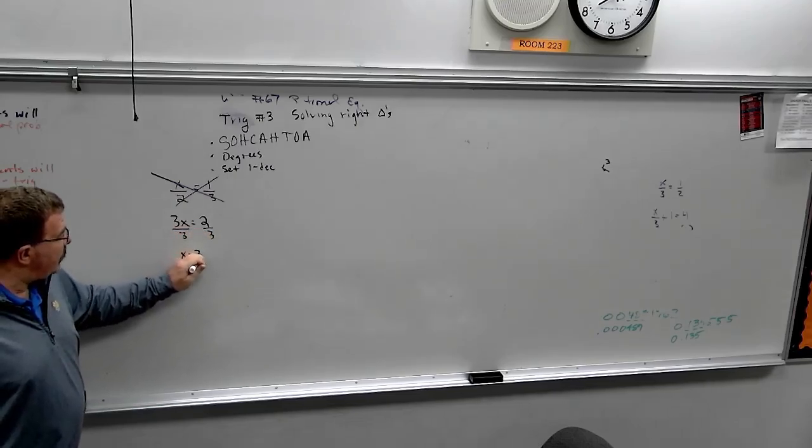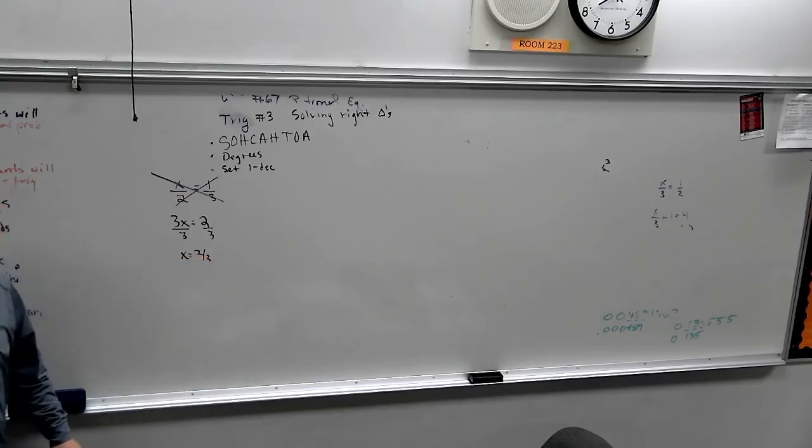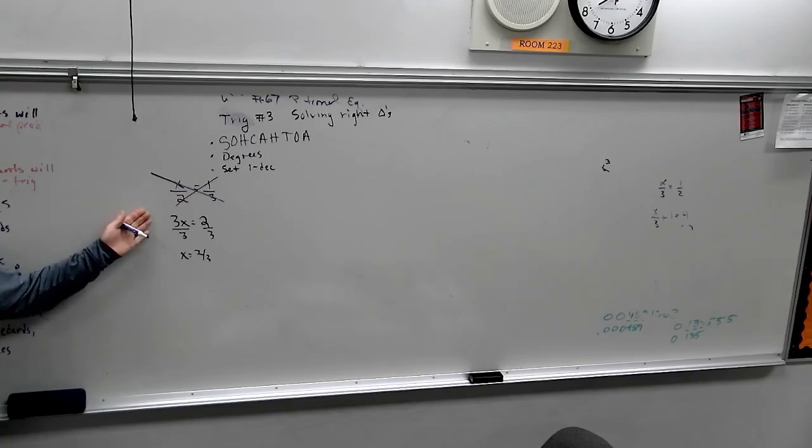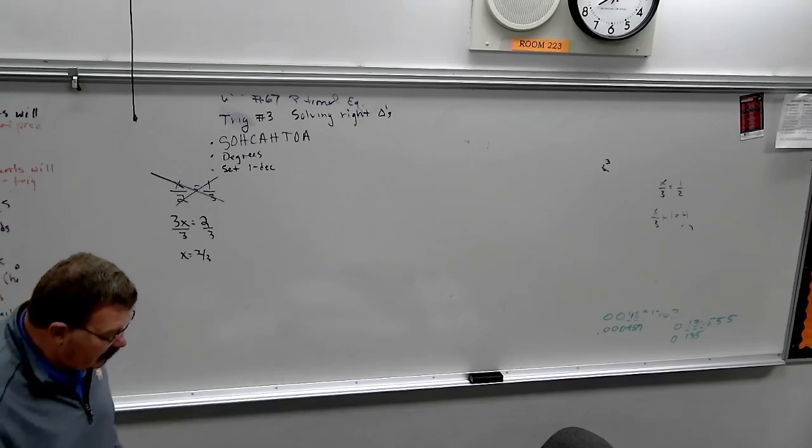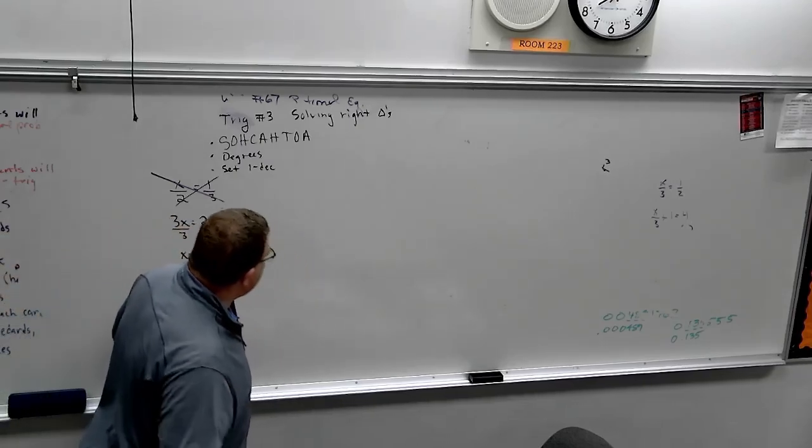We solve trig equations the exact same way. They look exactly like that. It'll just have a sine in it, or it'll have a cosine, or whatever it is. But all we do is we treat it as a proportion, and we solve it. Okay? All right, so